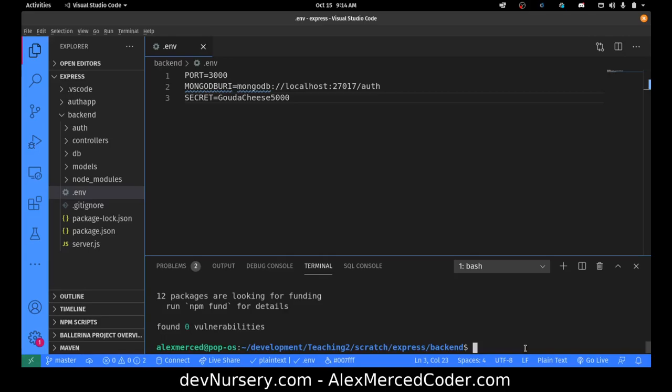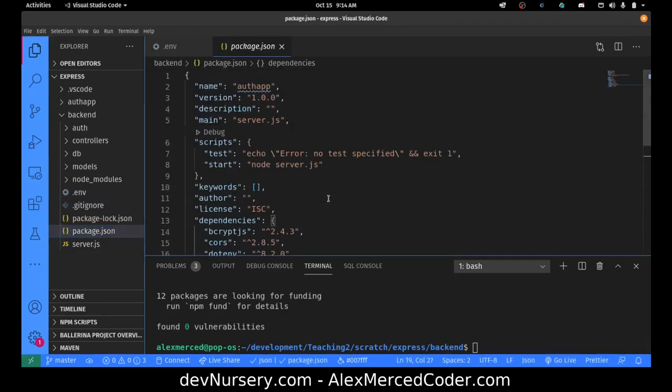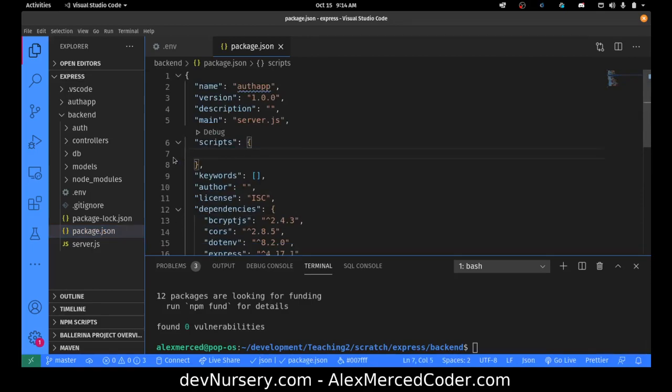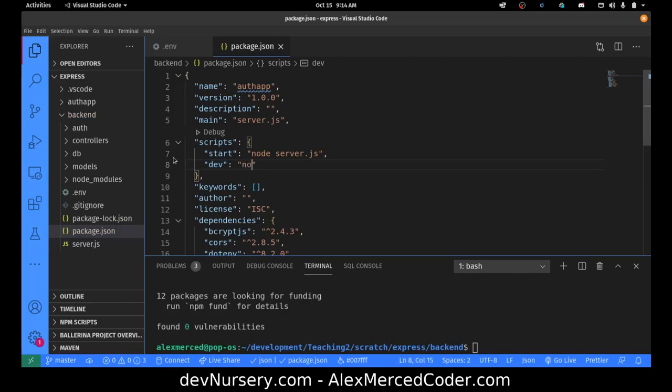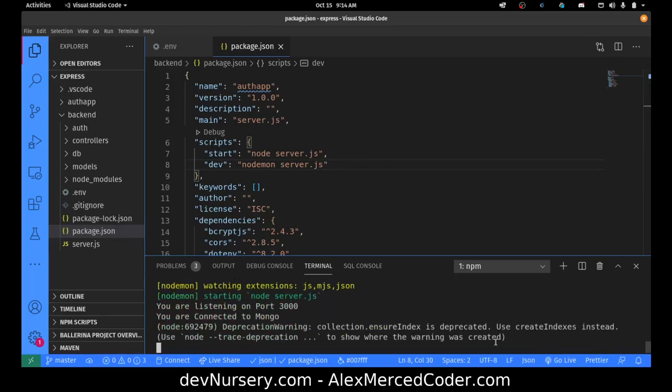Okay, so that's there. Now what I want to do is set up some scripts to make it easy to just run these things. So I'm going to get rid of these default scripts. Okay, and first I want to do the start script, which is just going to be node server.js, easy peasy. And then I always like to have a dev script, which is just going to be nodemon server.js. Okay, just easy to remember, running npm run dev, and there it goes. See, Nodemon's running,